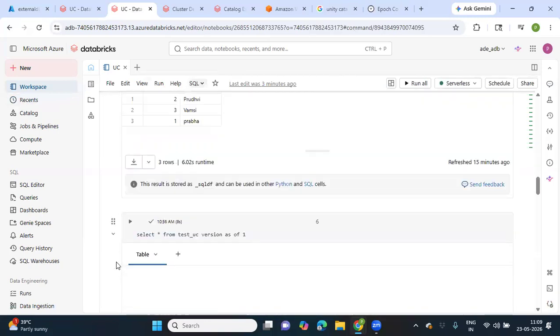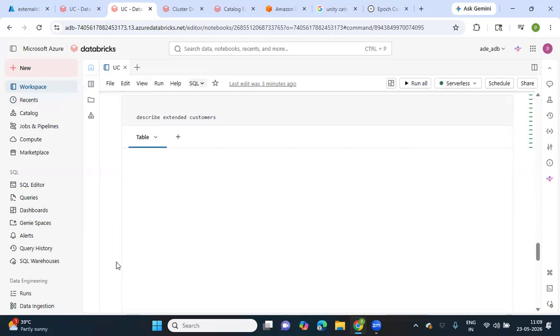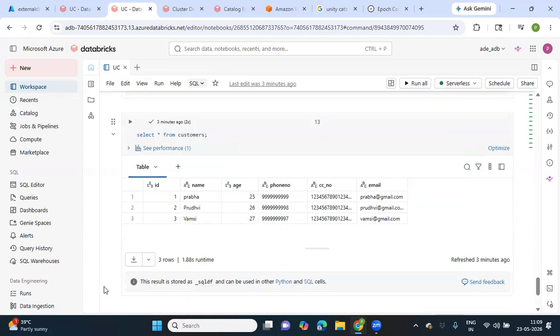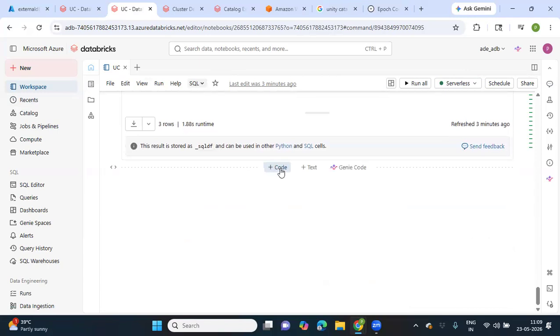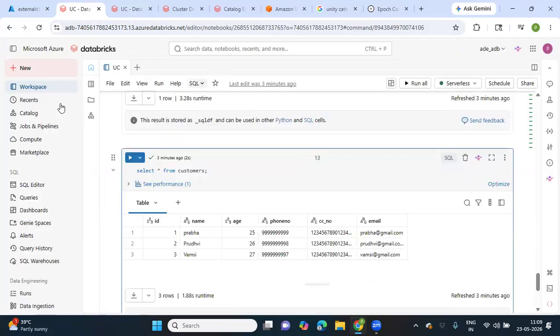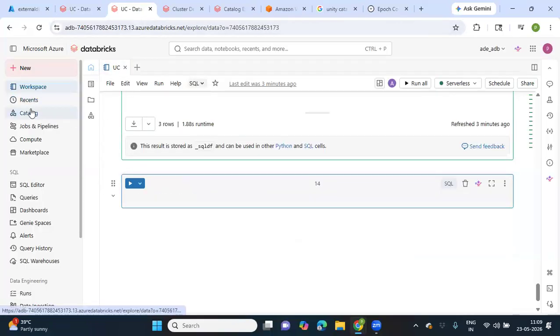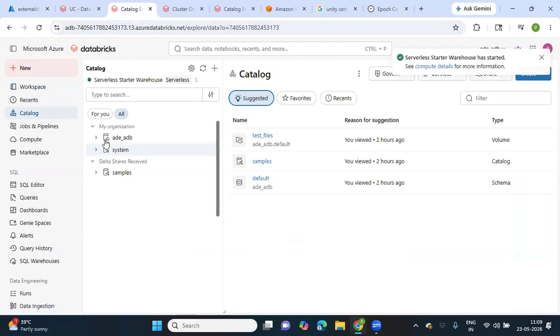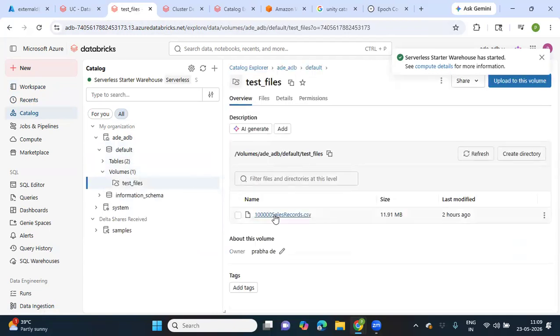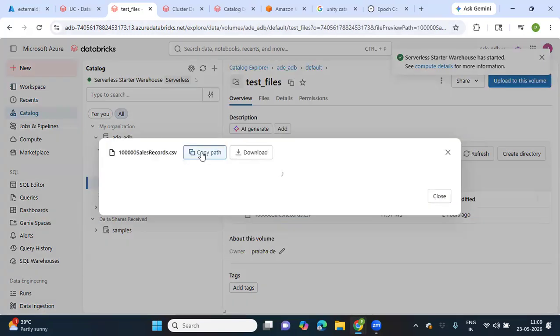Okay, so now I will read that sales file. I will partition that and see how many partitions there are. Let's first upload the file into the catalog. I think I have already uploaded it. Let me see. Volumes, test files. You already know how to create a volume. I'm not going into that. Copy this path,